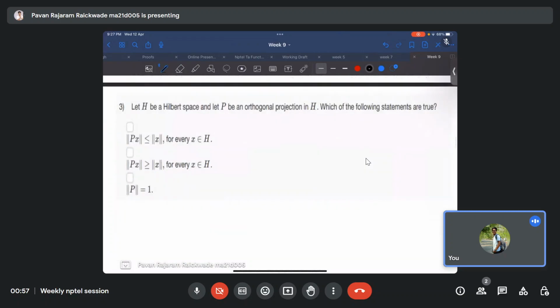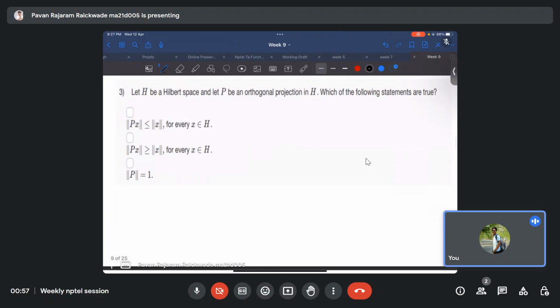Okay, let's go to the third question. Let H be a Hilbert space and let P be an orthogonal projection in H. Which of the following statements are true? First one: norm Px is less than or equal to norm x for every x. And the second one,